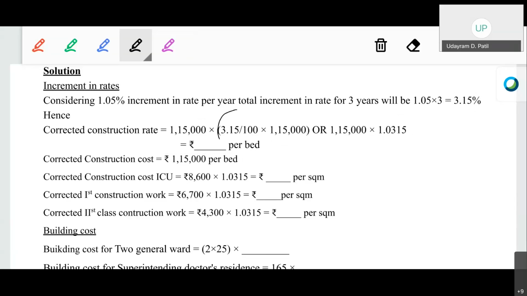Either separately calculate the 3.15% and add it to 1,15,000. Okay, here there is no multiplication, here there is addition. Okay, or you can directly multiply the particular 1,15,000 with 1.0315. Okay, you can use either of the two. Calculate the corrected construction rates for the general ward, that construction rate will be per bed. Similarly, the corrected construction cost per